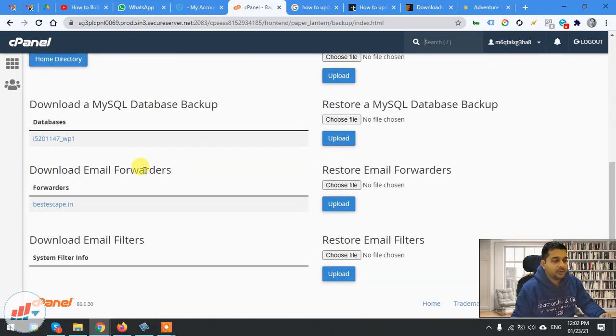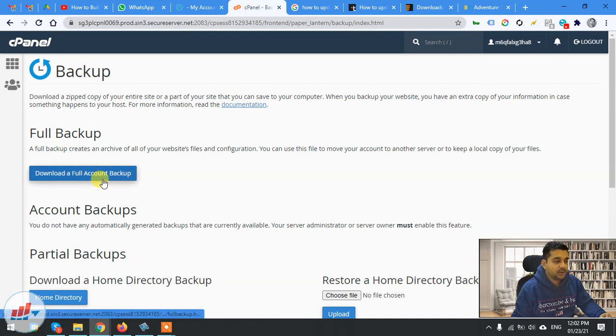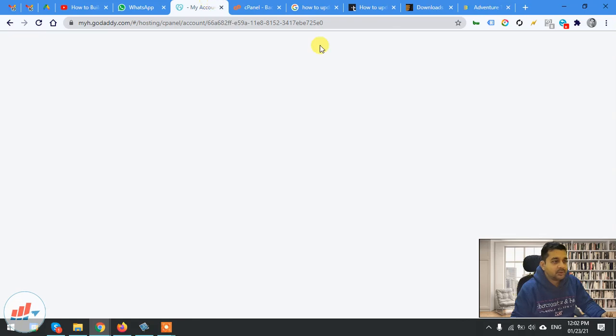For some hostings, for example SiteGround, they take regular backup every day, but for GoDaddy you have to do it manually. Once you take a full account backup, it will get uploaded into your hosting space only. I have already done this, and I got a mail also confirming that the backup has been done.